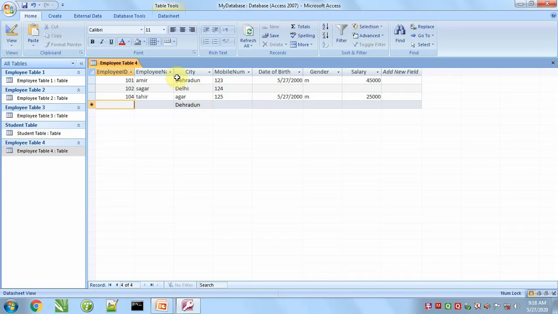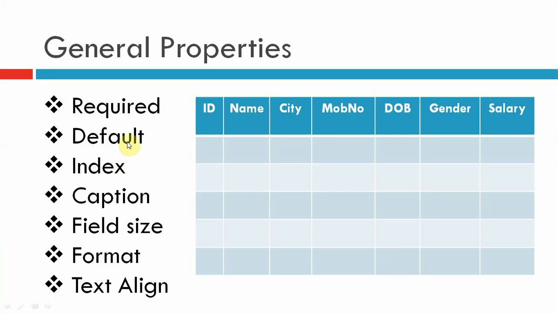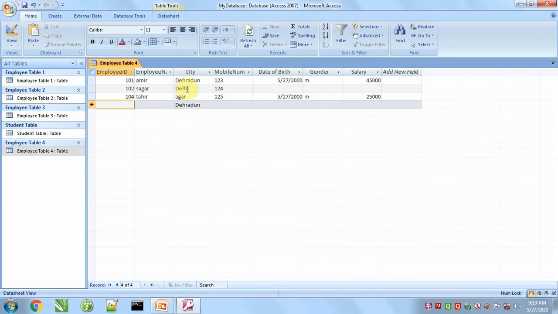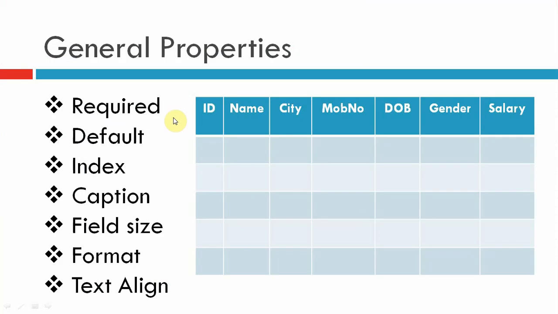Required makes a column compulsory, means we have to enter a value for that column. Default: if we do not fill that column, automatically a default value will be filled for that column.